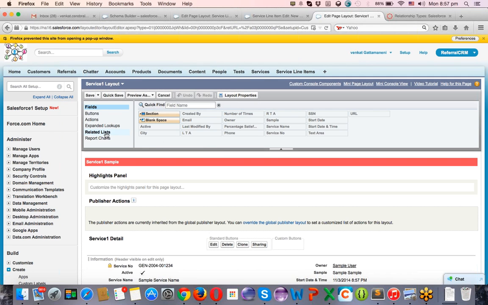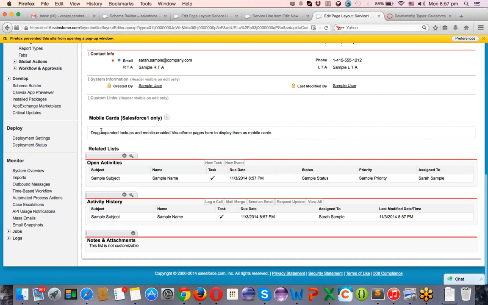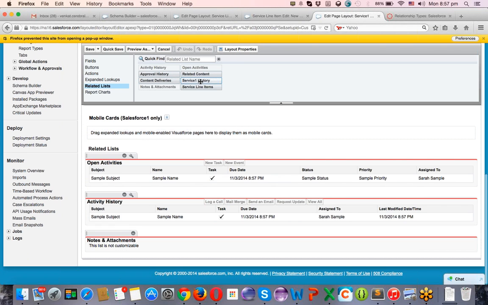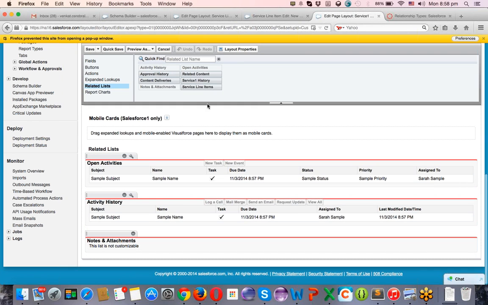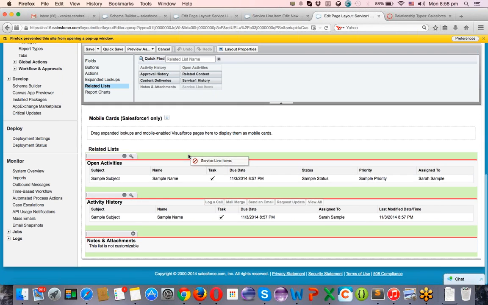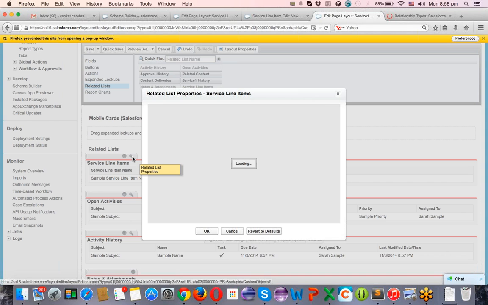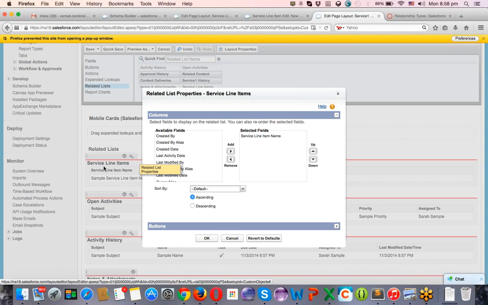Come here, click on related list items, pull down the service line items to the top, and click on the settings button. So here is what I said: when I'm building the relationship field at the end, it asks you to select the name for the related list item name, right?